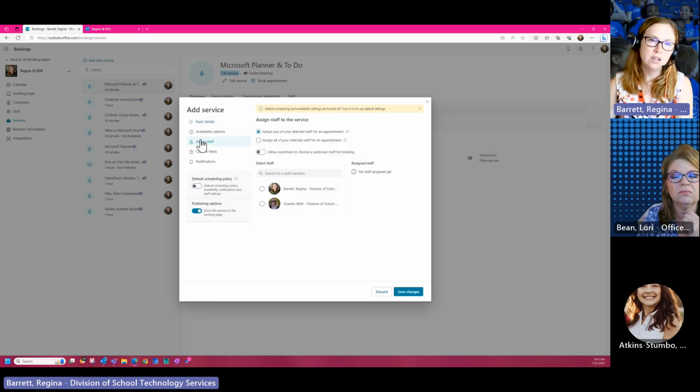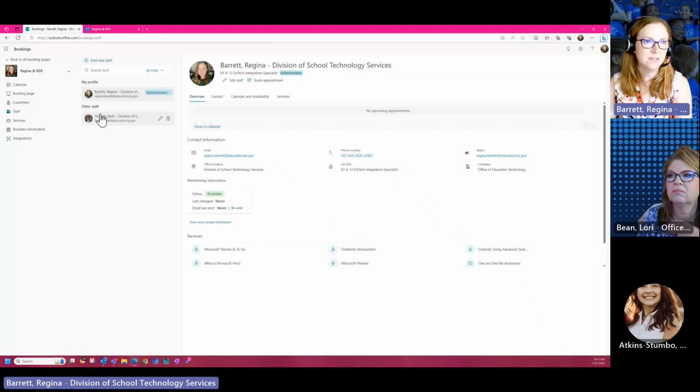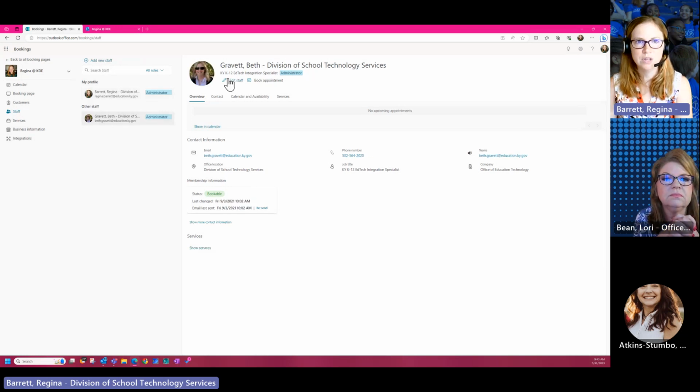One of the other things that you want to do is come over here and assign yourself as staff to it so that it emails you whenever somebody signs up. And if you don't see yourself here as staff, you can come over here to staff first, but it should automatically add you whenever you create a shared space. But you can add additional staff. If you wanted to share it with other folks, this is where you would also bring them in and you can assign them different roles.